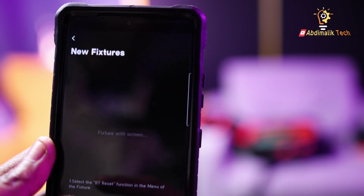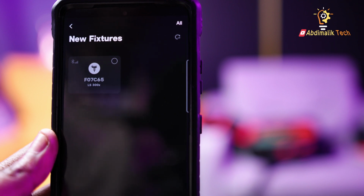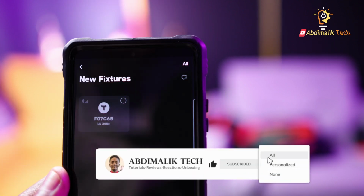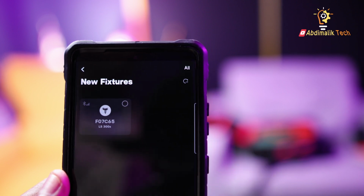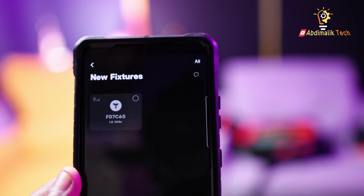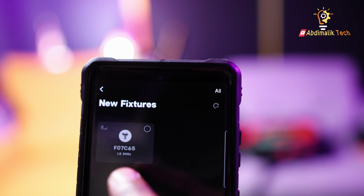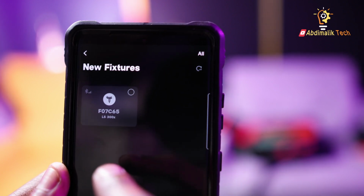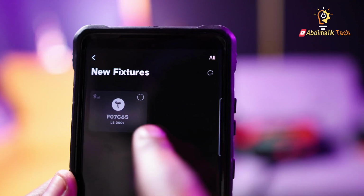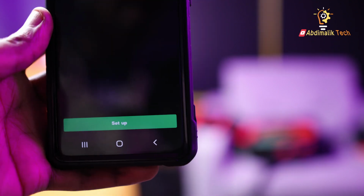Once you select New Fixtures, you should be able to see your device here. If your device supports the Sidus Link and if your device is already powered on, you should be able to see this. But for some reason, if you are not seeing your device here, you might have to do other troubleshooting, but in this video we are just going to assume that you can see your device. In my case, I'm trying to add the Aputure Lightstorm 300X. It's shown here and it's ready to be paired, so I'm going to just select that,